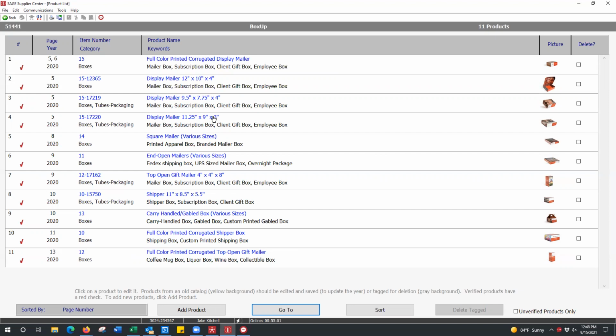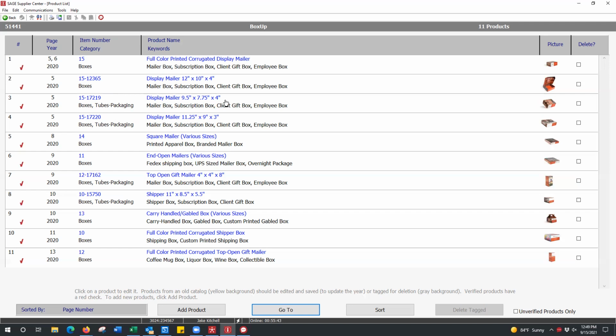And we even did, like, you see where it says square mailer and then it just says various sizes, we kind of updated that. But we have some work to do in there for sure, that I think could really benefit us. I wouldn't put this in the tubes category unless it's actually a tube. Yeah, we did that because of packaging. Is there a different keyword that we could look at instead? You mean category? Yeah, that's what I meant. No, category is always going to be boxes. You would put packaging and stuff like that in as keywords. Okay, gotcha. We can do that.